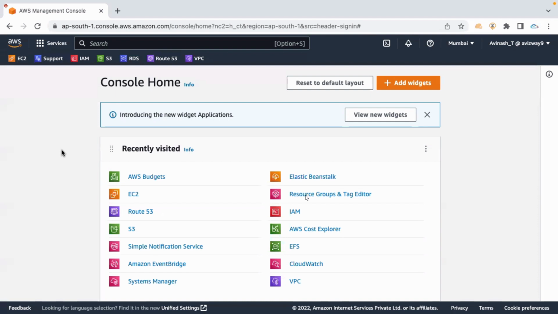So the same example I'm converting. Here in this example, I